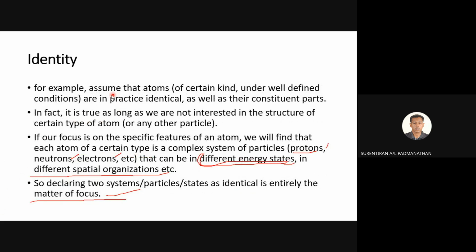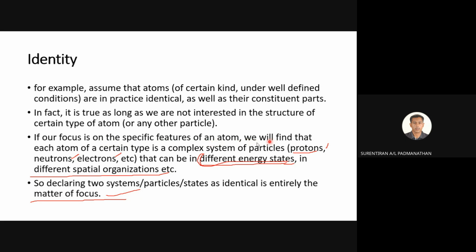For example, assume that atoms of a certain kind, under well defined conditions, are in practice identical, as well as their constituent parts. In fact, this is true as long as we are not interested in the structure of a certain type of atom. So if our focus is on the specific features of an atom,